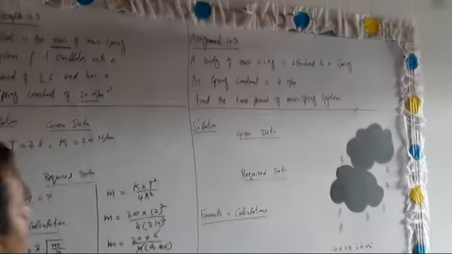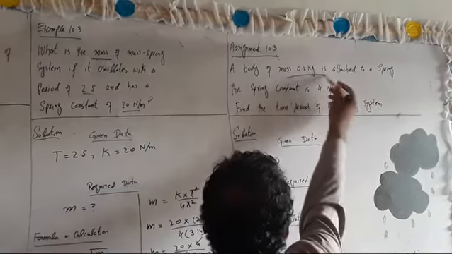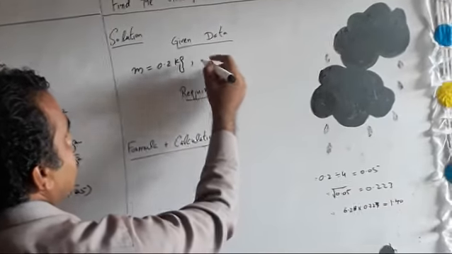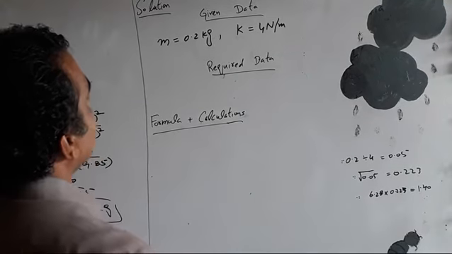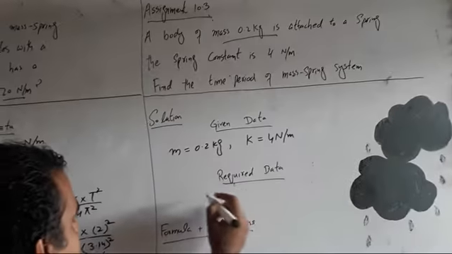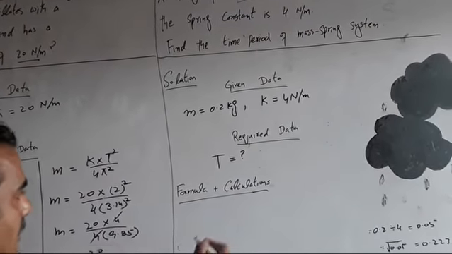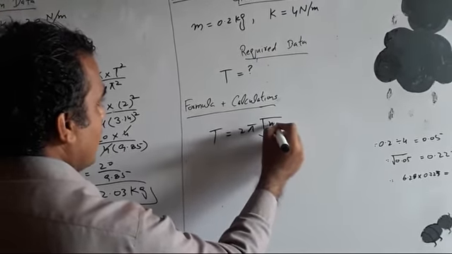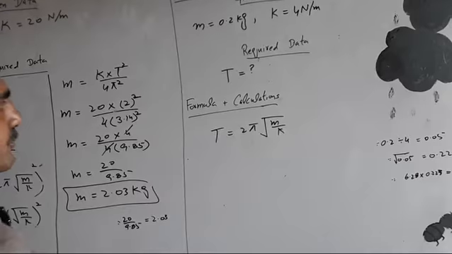Now we are going to solve the assignment 10.3, in which we are given the mass of the object, which is 0.2 kilogram. So m is equal to 0.2 kg, while the spring constant has a value of 4 Newton per meter here. So k will be equal to 4 Newton per meter, and the required data is the time period of the mass spring system. Time period is denoted by capital T, and it has to be found. So by using the formula of mass spring system, T is equal to 2 pi square root m divided by k. We have just to put the values and calculate them, as there is no simplification.